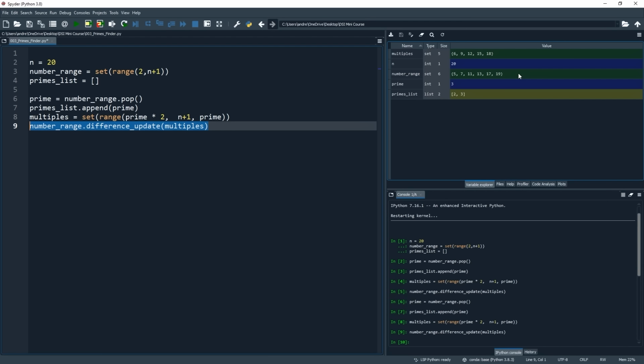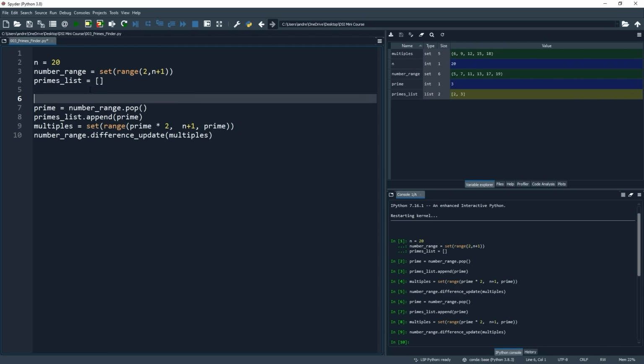Now we could keep manually running these 4 lines of code until our number range set is exhausted, but we know that there is a clever solution to this, and we spoke about it earlier, the while loop. So between these 3 lines of code here where we set everything up and our 4 lines of logic here, let's put in place one of these while loops. To do this, let's just enter down one space, and then we are going to put while number range and then colon. And this will tell Python that the loop should keep running until that number range object is empty.